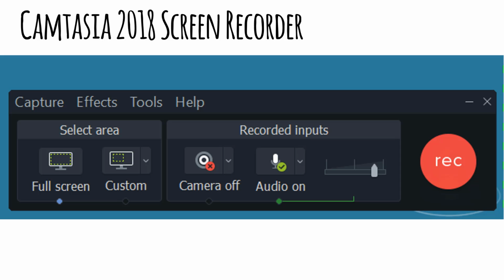And if I pull up the little triangle pull-up menu to the right, it'll show me the various options that I have for microphones and whether I want a mic on or off, or I can record absolutely no mic and just record the screen. The recording volume is over to the right, the little meter. And if I press REC, I start recording what shows up on the screen until I press F10, the hotkey,